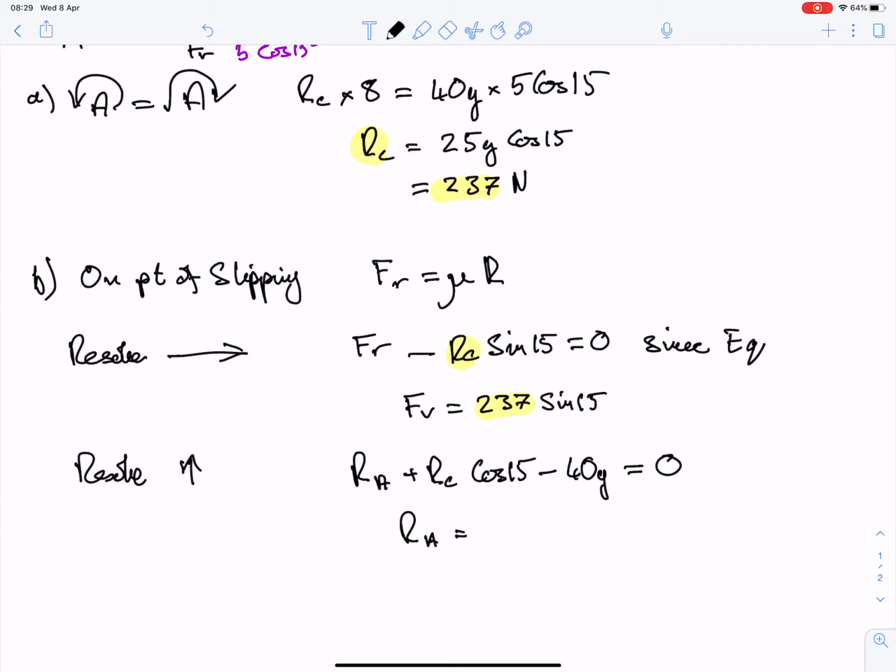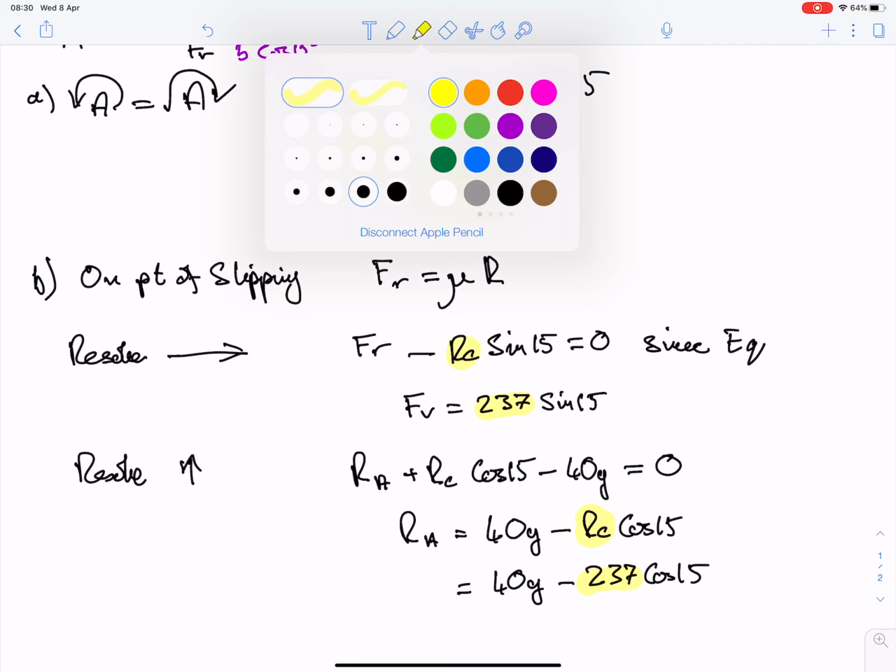So RA equals 40G minus RC cos of 15. Again, RC we know, so 40G minus 237 cos of 15. So we've substituted in for RC here is 237, just as we did for the horizontal one. And now we can substitute those two results into